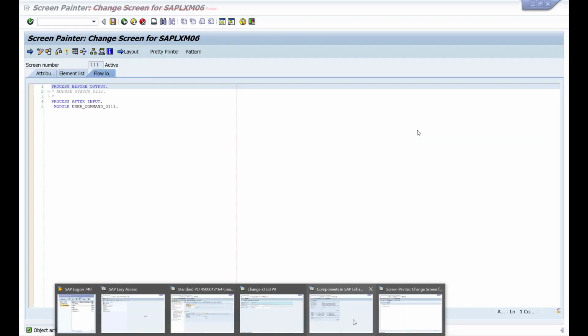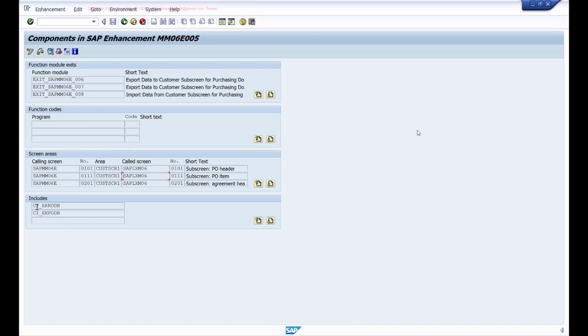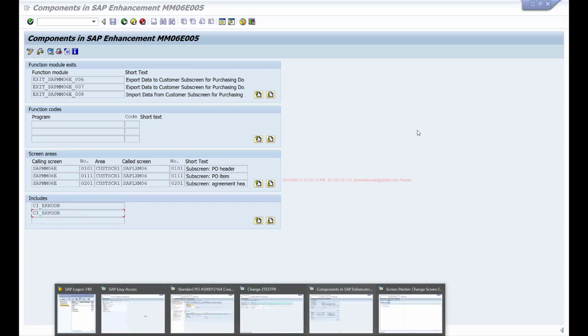If you look at this enhancement, they provide something called CI includes, customer includes. So when SAP has designed this standard SAP table, EKPO and EKKO, they have already included one structure. For example, this is for EKKO and this is for EKPO. If you look at this EKPO table,